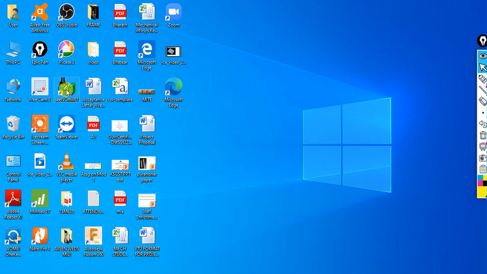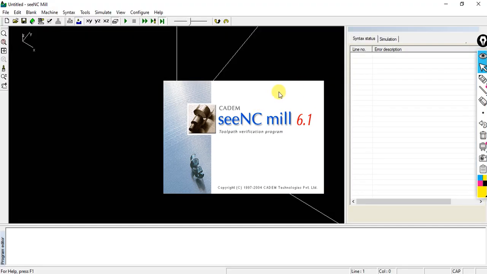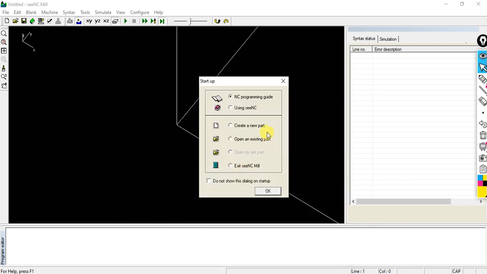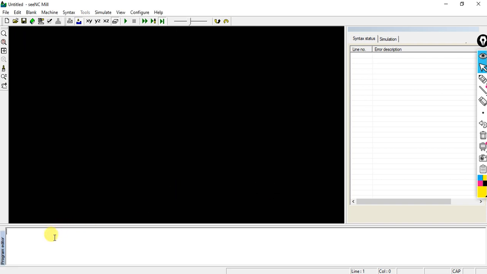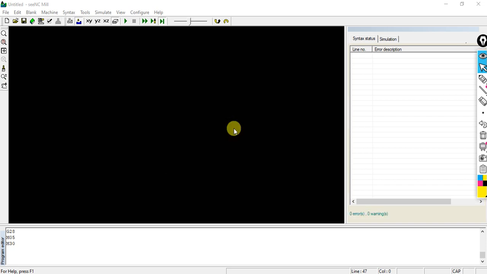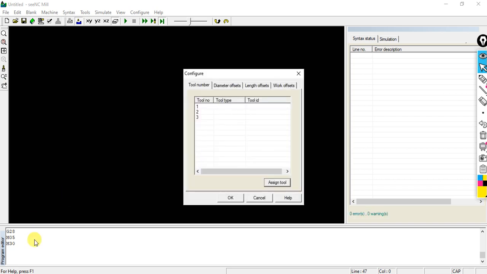Here it has closed, let me open again. Yes, I will just copy the program, Control C. So create new workpart, and I will paste here. Then run the simulation, and it will check all the codes that you have entered.